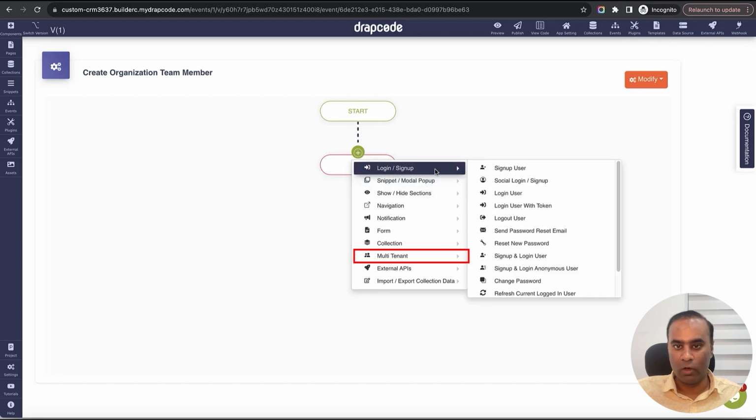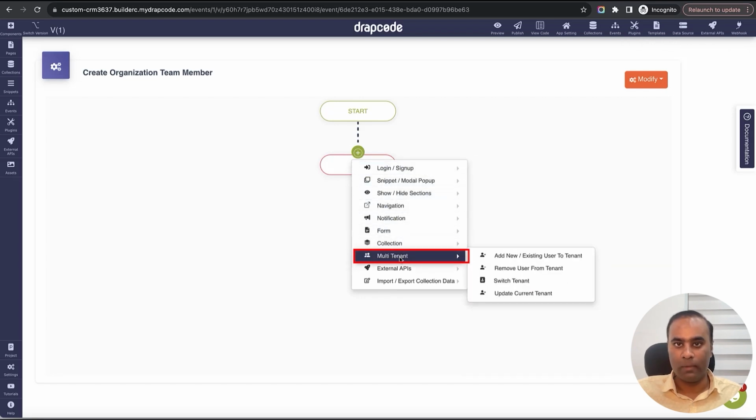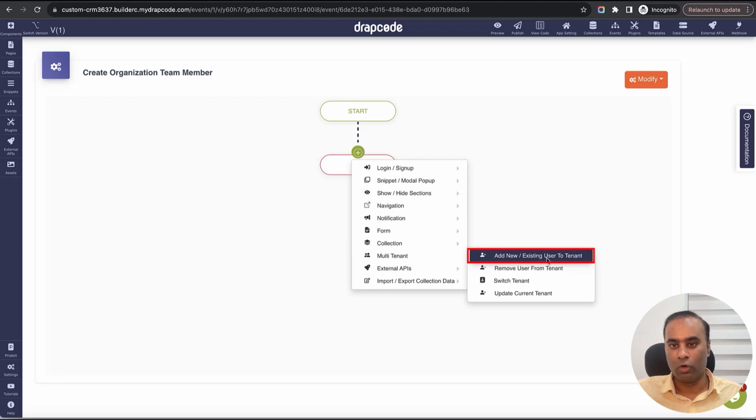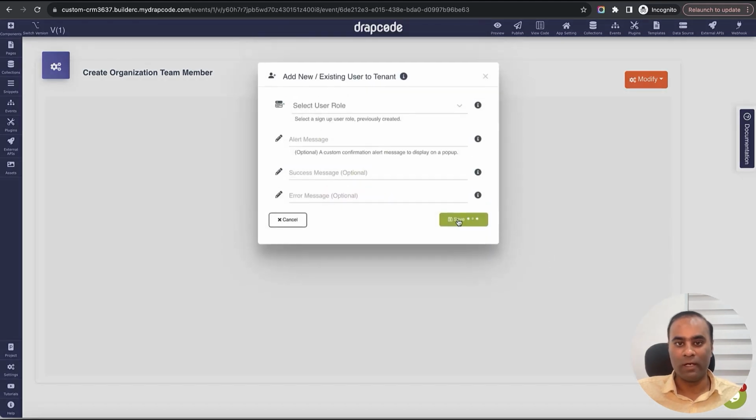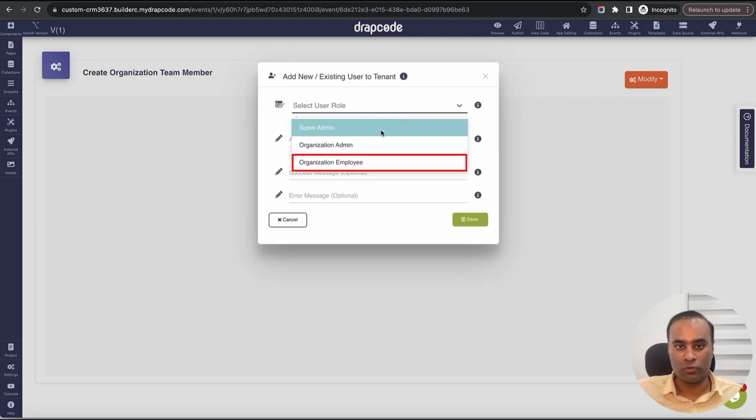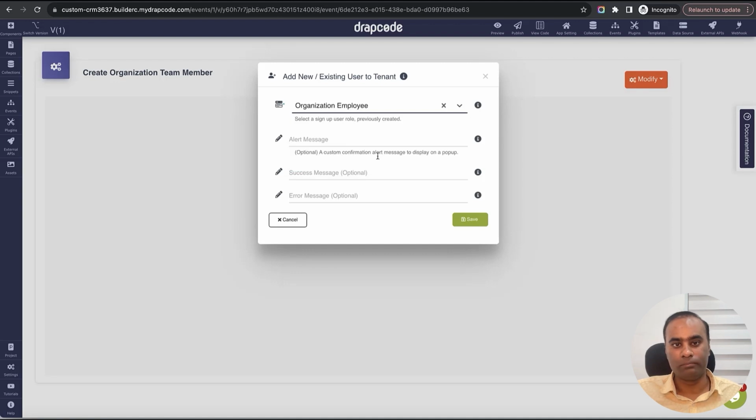Okay, so now we are creating a team member. So we don't need login sign up. We will go to multi-tenant because everything is working across the tenant. So here we'll say add new or existing user to tenant. So what we are saying, whenever this form gets submitted, whoever the user gets created, assign it to this tenant. If the user already exists, then just assign to the tenant, don't create it. So if it does not exist, then create and assign. If it exists, then just assign. And which role you want to give, this will also choose. So we'll say whenever this person is getting added, add them as organization employee, right? And alert message, let's say,